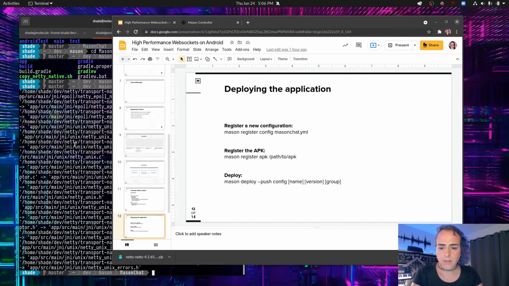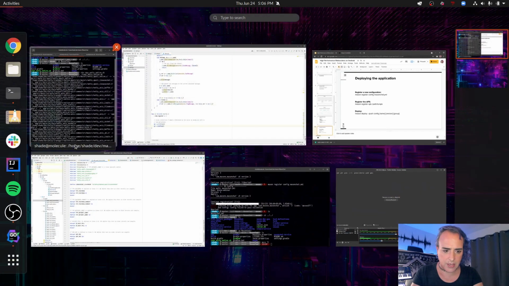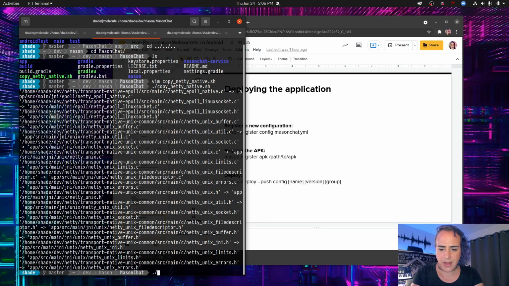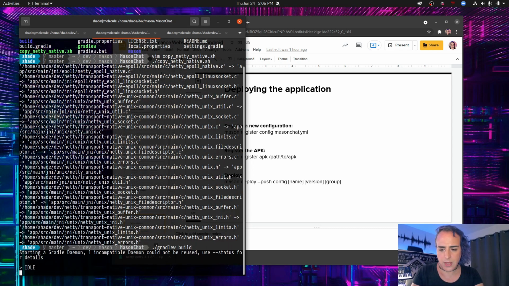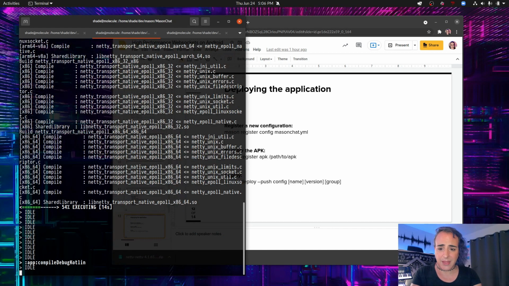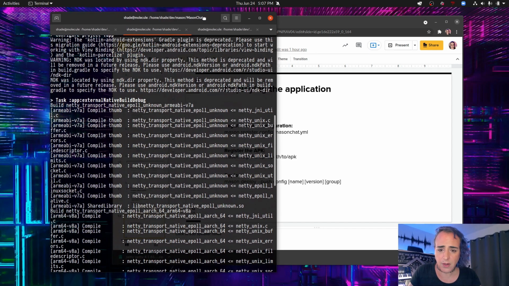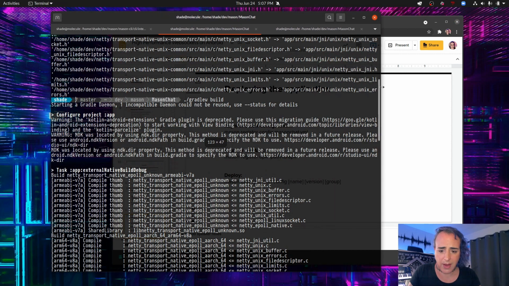Okay, so the first thing that we want to do is we actually need to build our application. So let's do that by running gradlew build. And we're going to do the release build for running with Mason. You'll need to have a non-test key signed application or a non-well-known key signed application. Now, as you can see right here, from the output of Gradle,